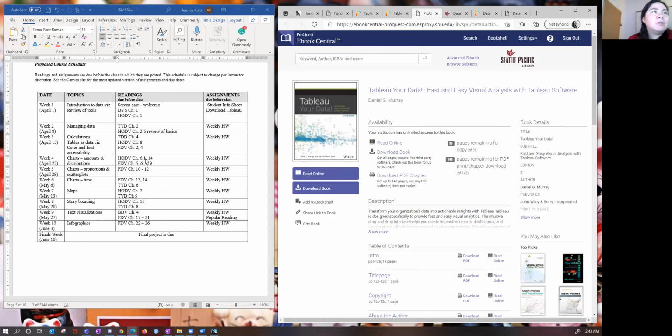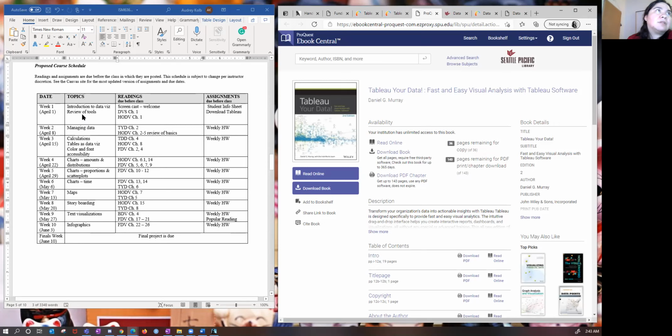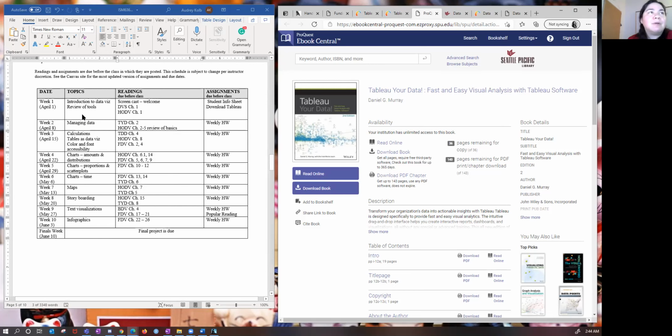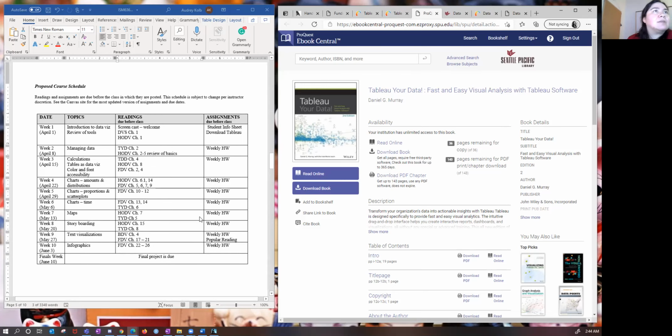Yeah, so between those 3 books, we will get through all these different topics, and you will learn how to do things in Tableau as well as Excel or whatever, to make sure that you have skill sets that are balanced and will work for whatever your job entails. You can see this big final project. We've got another big project at the end of the quarter. The Popular Reading Book is due a little bit before that. Otherwise, it's just a weekly cadence.